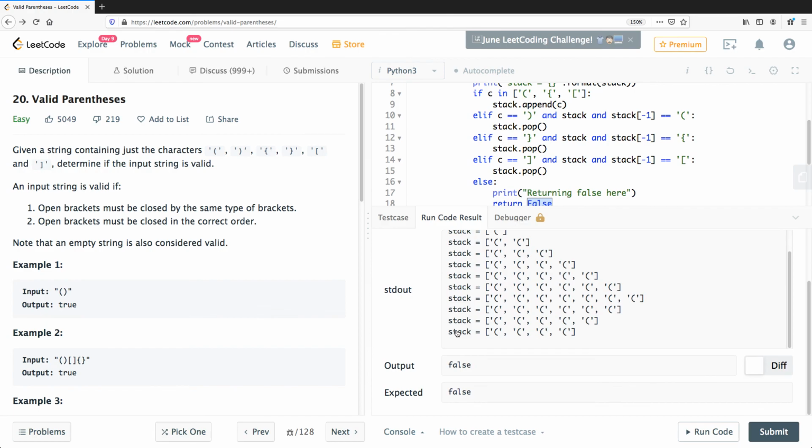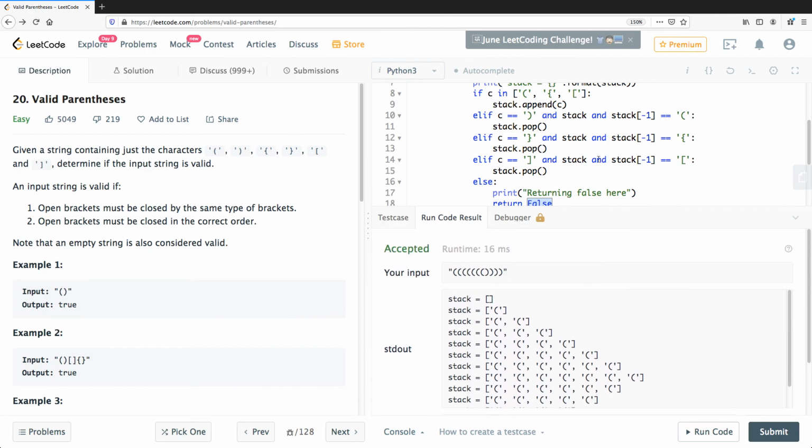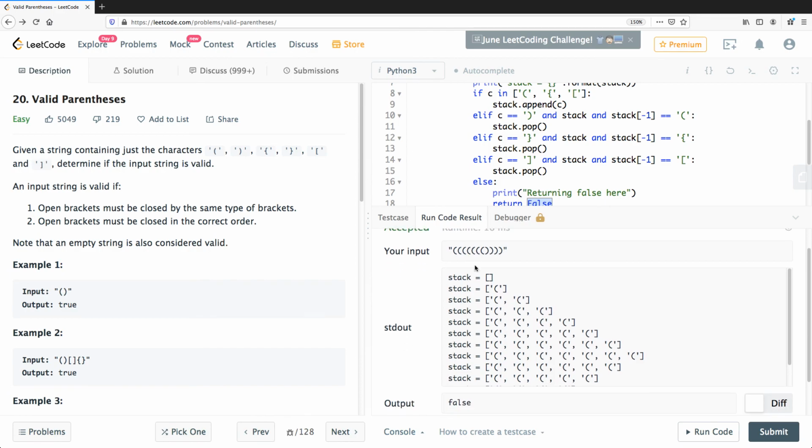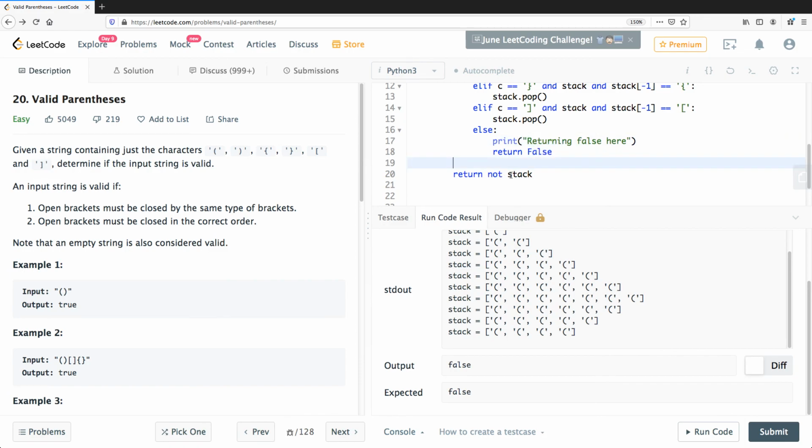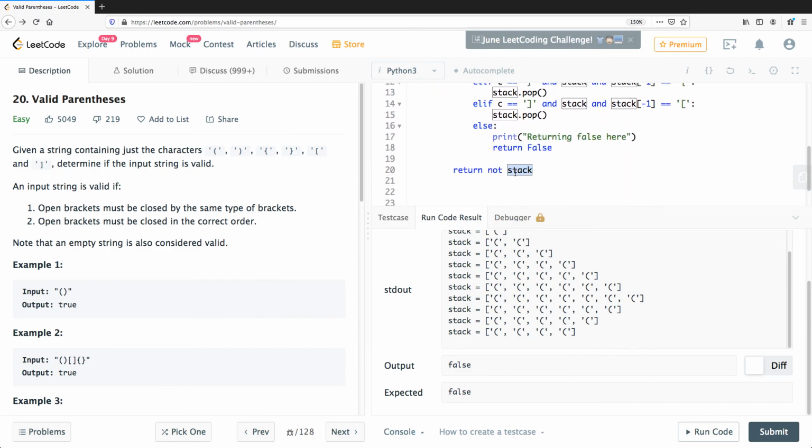We return false, because even though all the closing parentheses consumed their corresponding opening parentheses, we still had extra open parentheses. So that's why we return false in this case, not from here but here, because in the end, when we are done walking this string with the whole for loop, we say return true if stack is empty. So the stack wasn't empty here, and that's why we return false here, and maybe